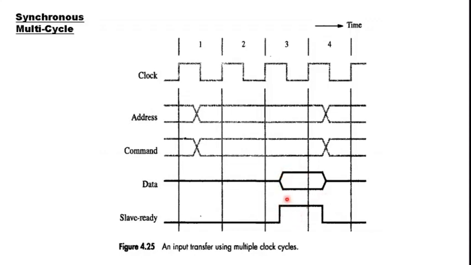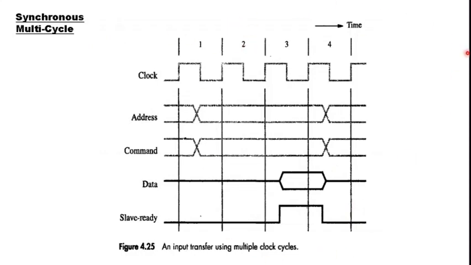Okay, so by the end of clock cycle 4, the master might have understood that the slave is in proper form. It has completed the request from the master, and it is ready with valid data. And by the end of clock cycle 4, the master has completely stored the data generated by the slave into it. Okay, so again this operation is synchronized by the clock.